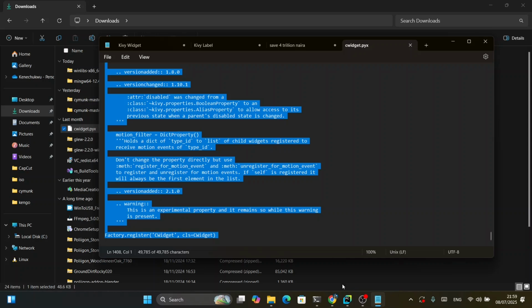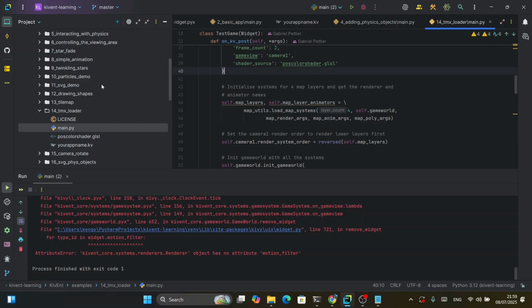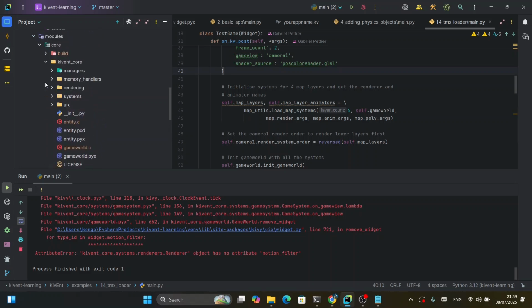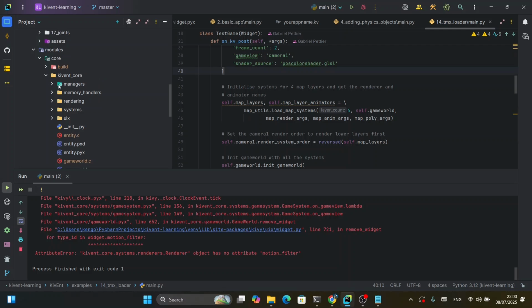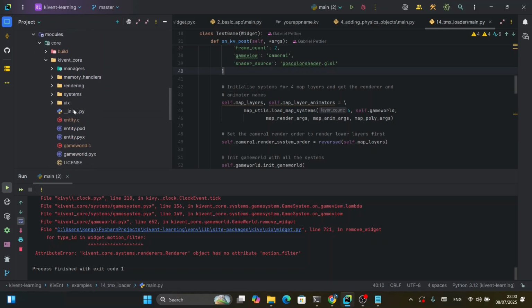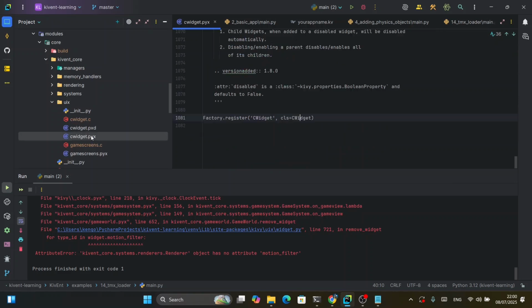Yeah. So once you copy this, you open up your Kivent maps here. No, not Kivent maps. Sorry, you're not doing this on the Kivent maps. You're doing it on the Kivent core. So we need to recompile our Kivent core again. We don't actually need to recompile the others. Only recompile Kivent core. So we'll go to UIX, go to cwidget.pyx,